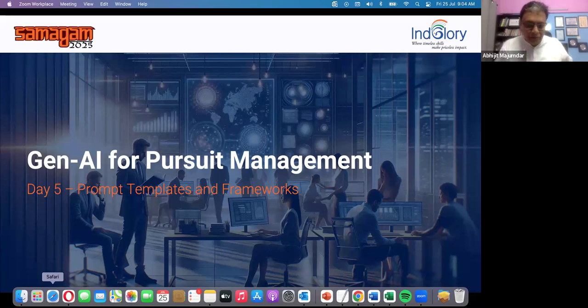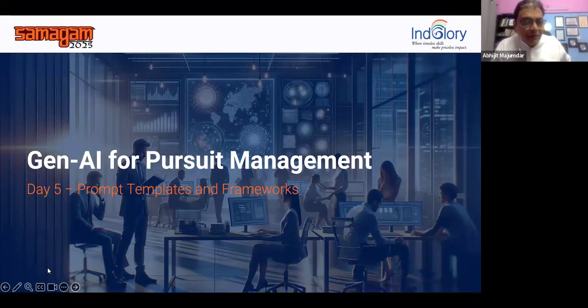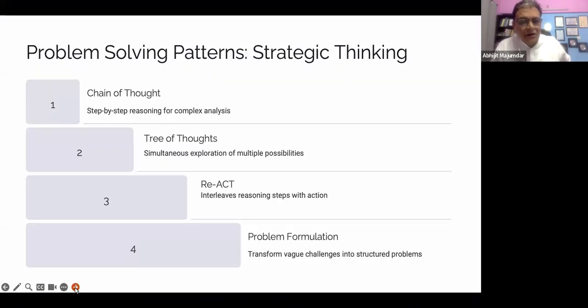So this is how you can think like a CEO or a CTO, at that level. Let me first explain the pattern structures, and then I will show you the prompt patterns in action. The first is what we call chain of thought. Now, why do we call it a chain of thought? This was one of the first prompt patterns for reasoning, and it became very popular.